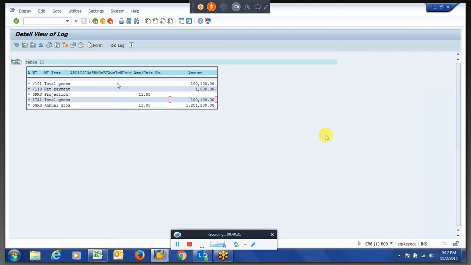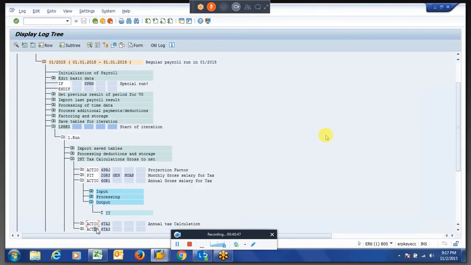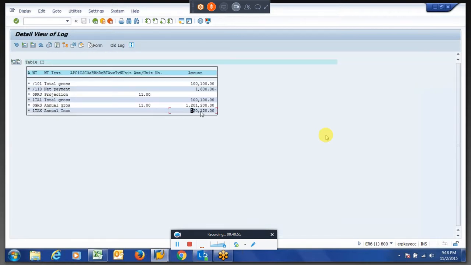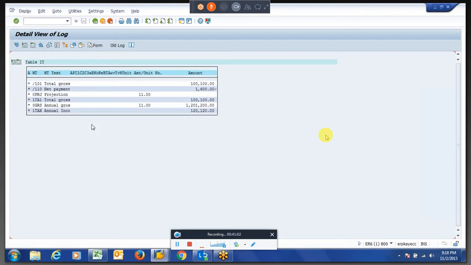So from the annual gross, we are calculating the things, and we are getting the total tax for the year, right? So 1,20,120. Then we are calculating the monthly tax for the employee.